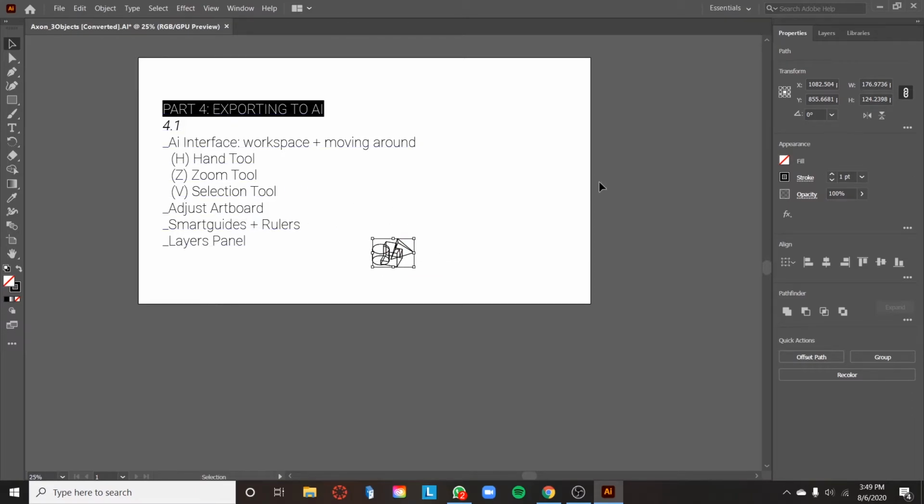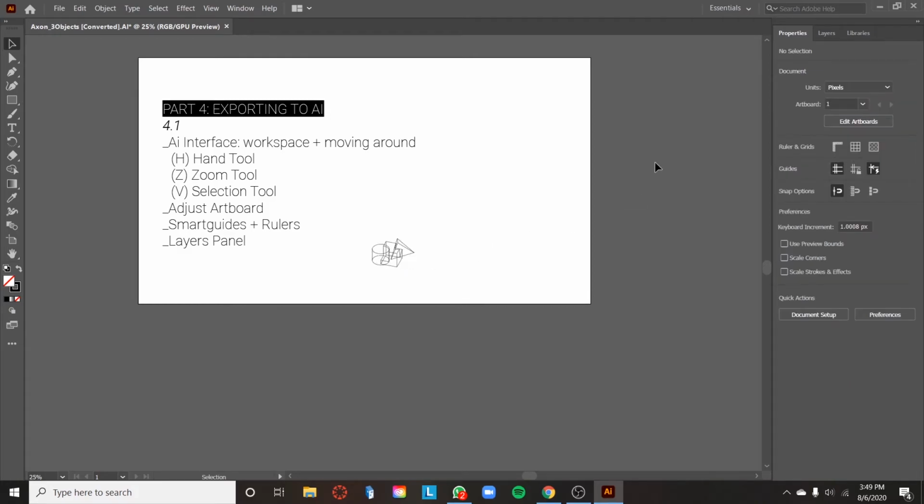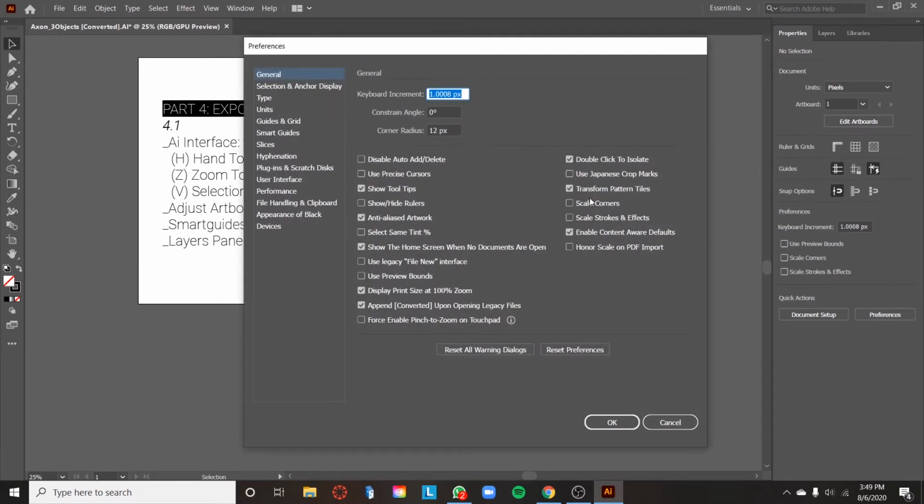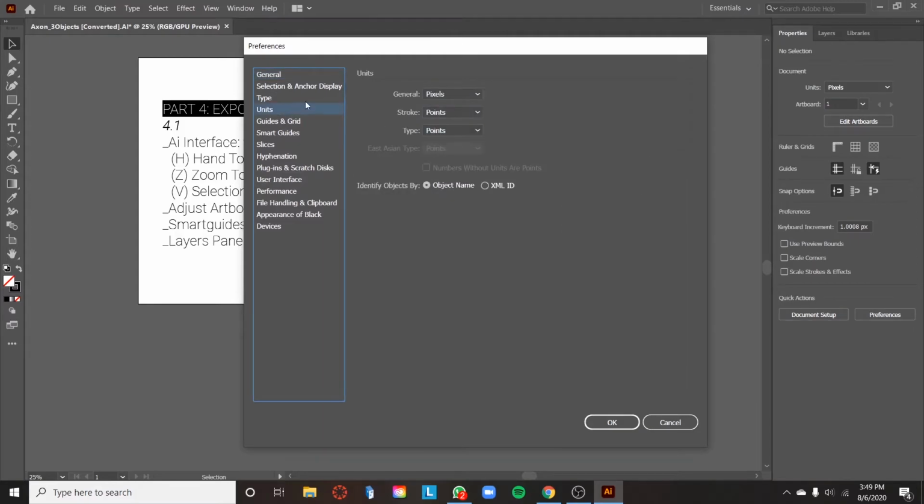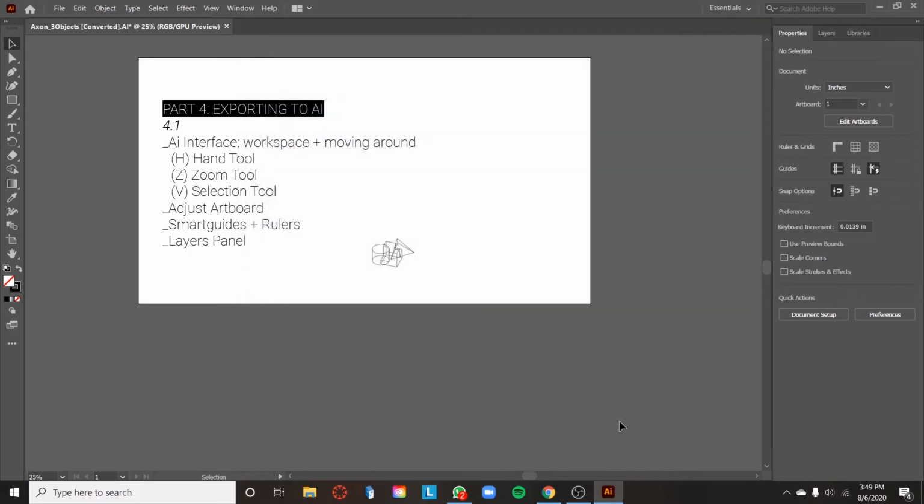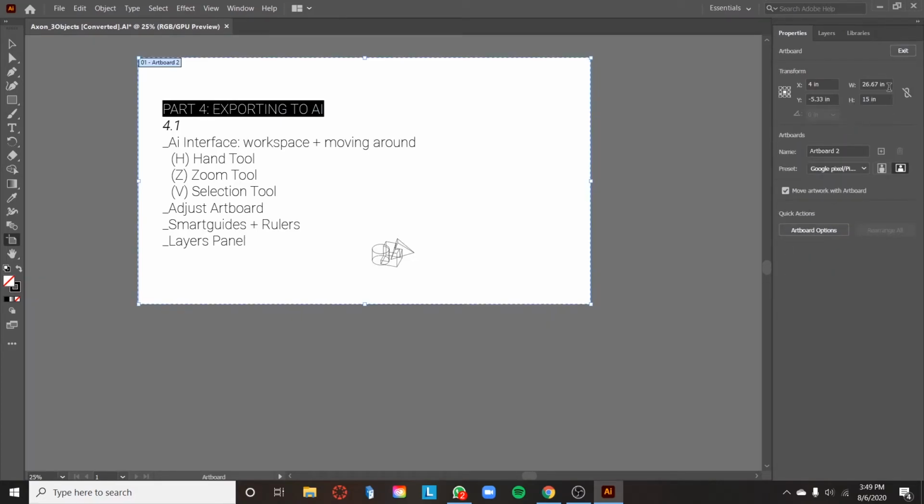Let's adjust the artboard now. So we'll go under, first we'll click, because right now we have our line work selected. Just click anywhere on the artboard to bring up this properties panel. Go under preferences, units, and we'll change the general units to inches, but we'll keep the stroke and type as points. Click OK. Go under edit artboards, and then say we want to create a drawing for like a pinup,